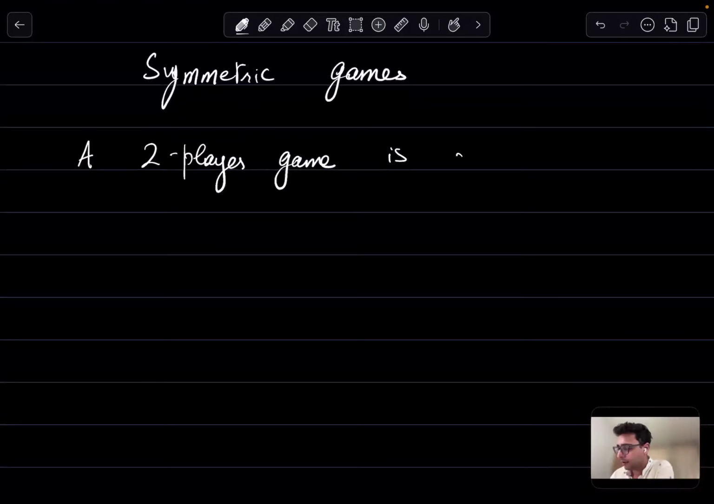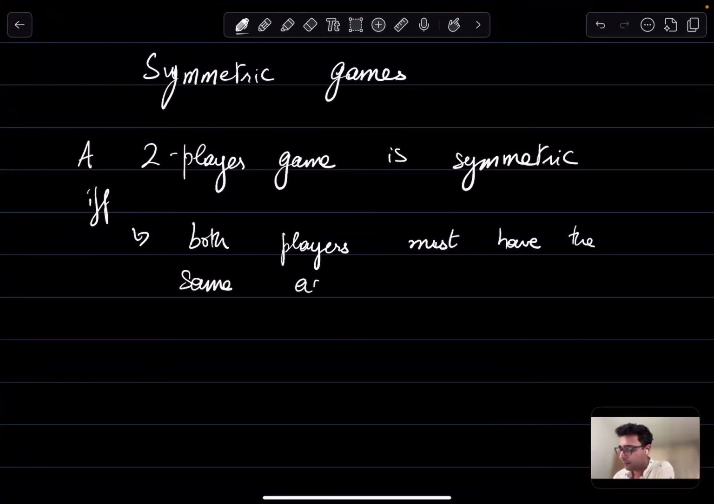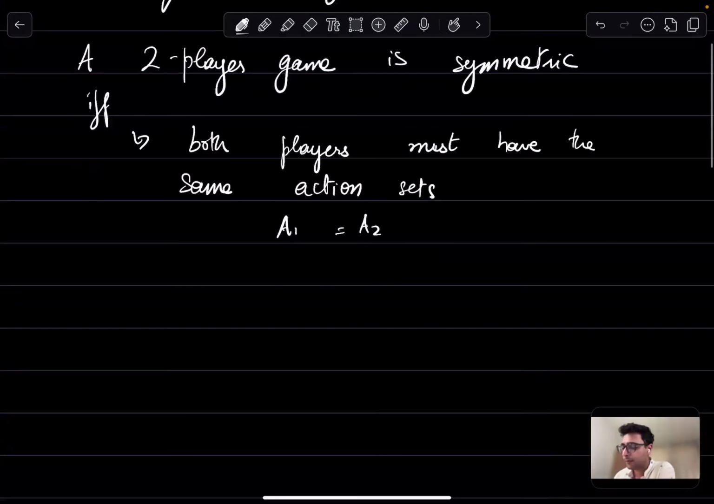is symmetric if and only if two conditions hold. So the first one is that both players must have the same action sets, or A1 equals A2. And the second condition is